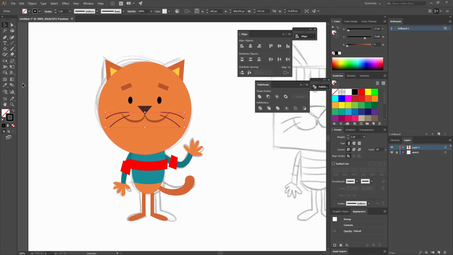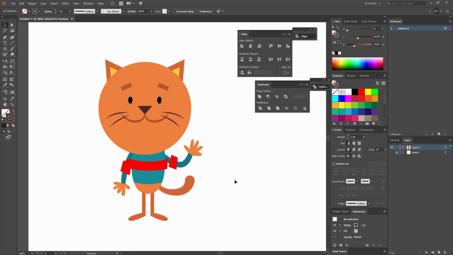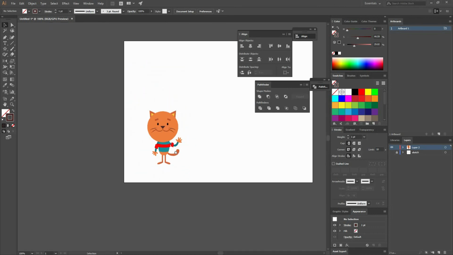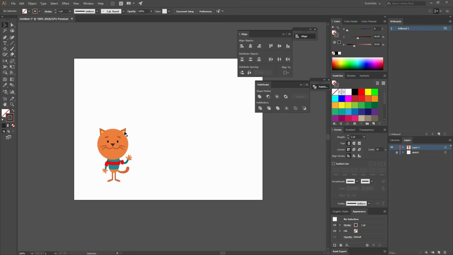Select all my whiskers, select that color, and you can do them like this, or you could play around a little bit, make them a little bit smaller. So now with this, you have pretty much built your shapes. So now all I have to do is select everything. And I'm going to actually change the color of this yellow a little bit.